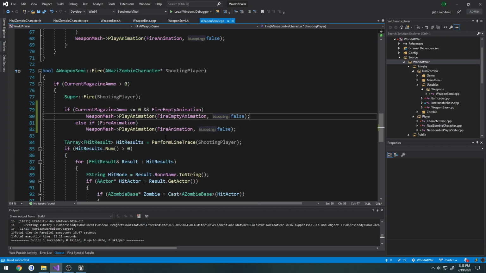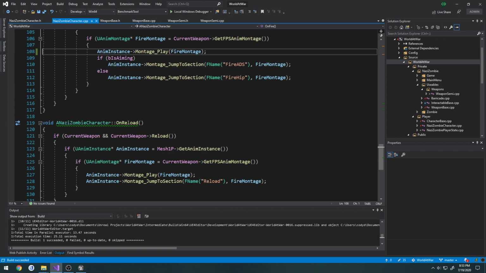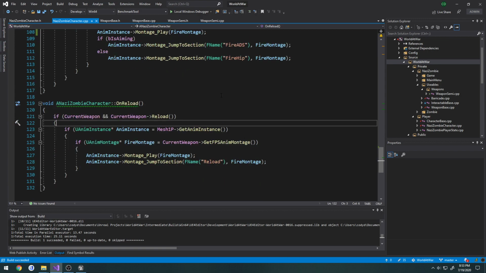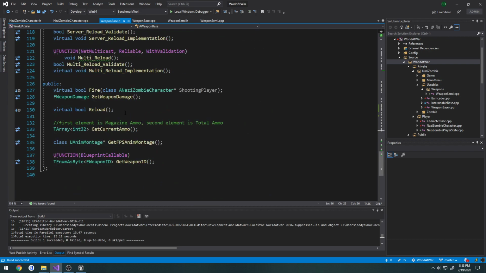I'll reload. Okay, so here it is. On reload, this is where we have it. That was my stupidity. So let's go to our weapon base. Do we have a function for current ammo? Which we do. Wait a second. Oh,